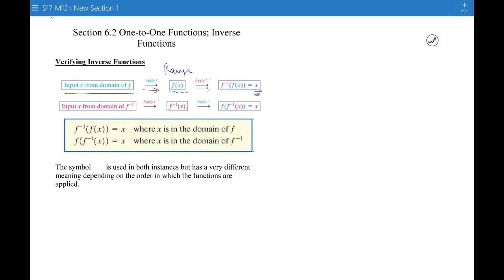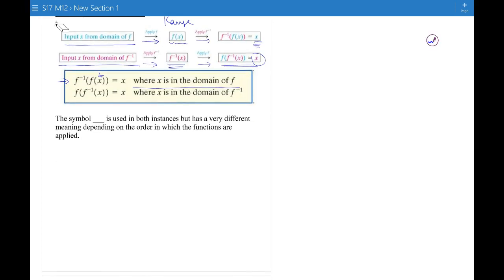It also will work if we take an input from the domain of f inverse and do the f inverse function and get a result, and then do f to that, you should get back to x again. So f inverse of f of x equals x because it's the undoing and the doing. This x, notice, is in the domain of f, and this becomes very important in trigonometry especially. Then it's also true that f of f inverse of x is x, but this x is in the domain